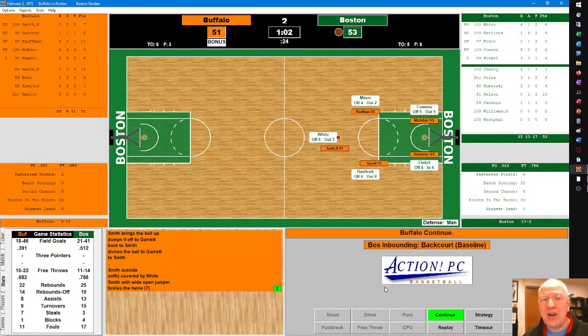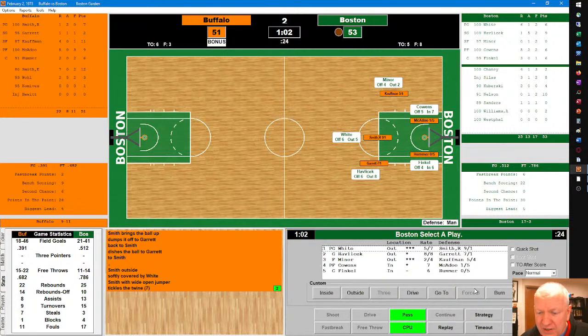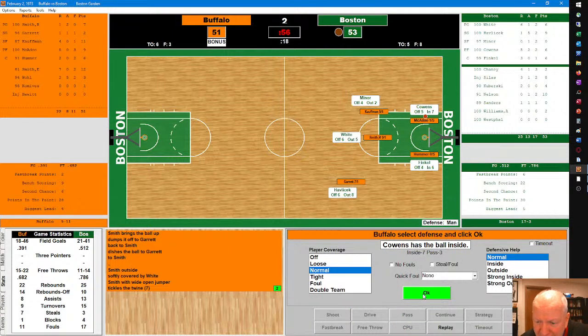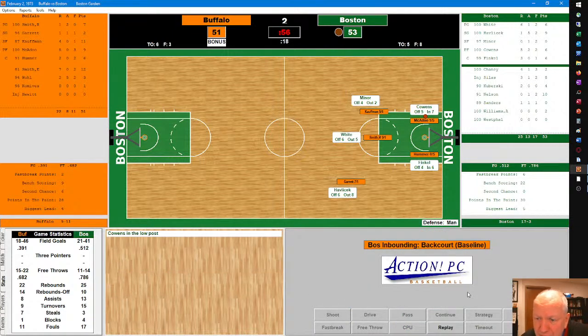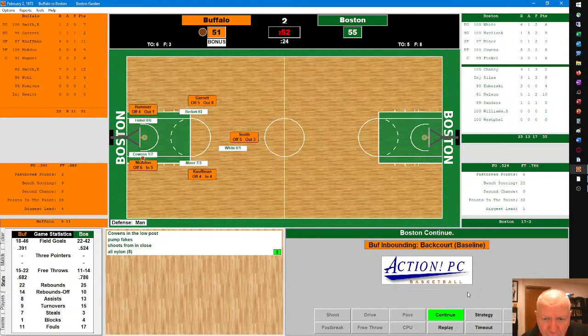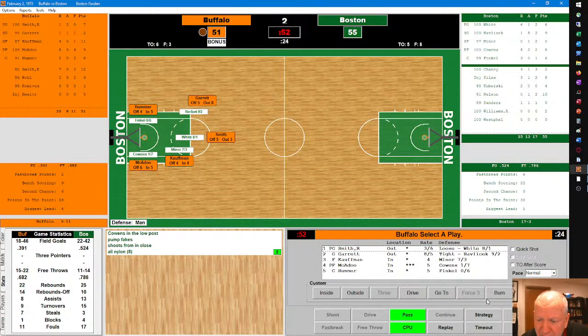It's a 2-point game here in Boston Garden as Randy Smith hits the jump shot to make it a 53-51 game with a minute to play in the second period. The ball goes inside to Cowens. Cowens working on McAdoo down low. Cowens turns left, spins right, shoots, and scores. Cowens just has such good footwork in the low block that the rookie McAdoo couldn't do much about that. And Boston goes back on top by 4, 55-51.